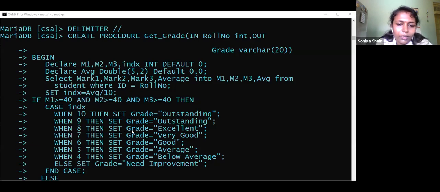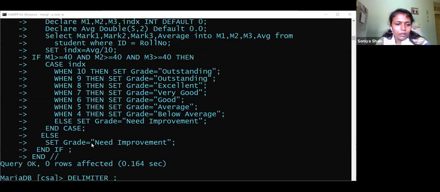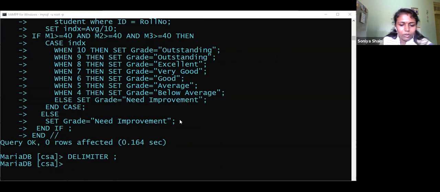Then grade equals excellent, 7 very good, 6 good, 5 average, 4 below average, same thing. Else, if it does not come under these, the grade is set to need improvement, which means the same as fail. And this statement is the else of the earlier statement. If she is not getting the minimum mark in any one of the subjects, then again I set it to need improvement. Okay, so let us see the execution.